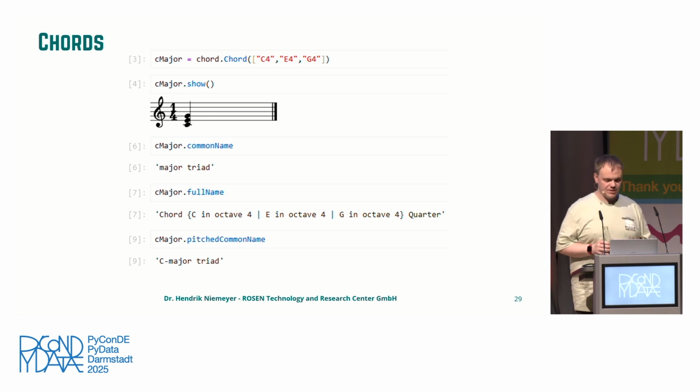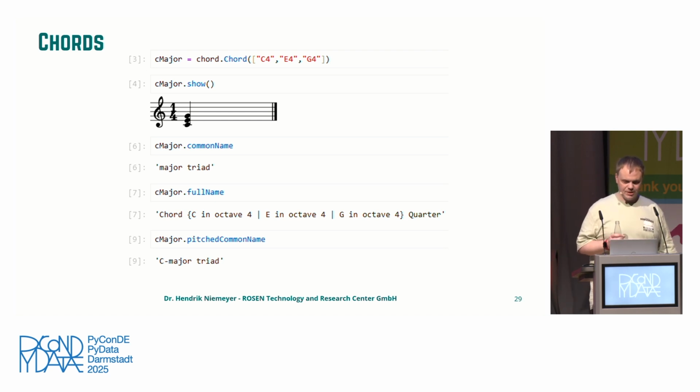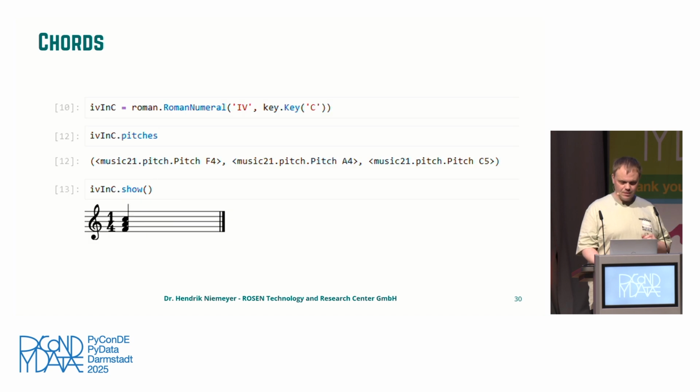The next thing of interest is chords. So instead of creating 3 voices by hand, you can create a chord object with the pitches you want to have on that chord. And then you create automatically an object with 3 sounding notes at the same time. You can do that by specifying, for example, the pitches here. Or you can use this Roman numeral notation, which we've seen on the slide before. So here I can say, I'm in the key of C, and I want the chord which represents the 4th step of that scale. I can do that with a Roman numeral object and get the correct pitches.